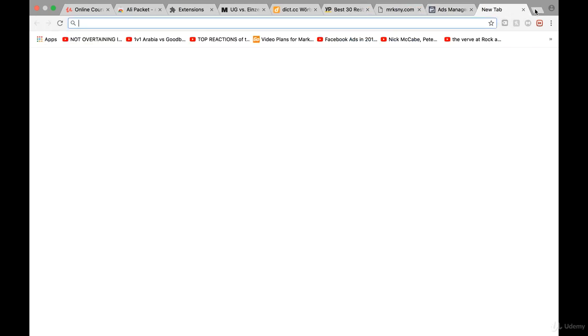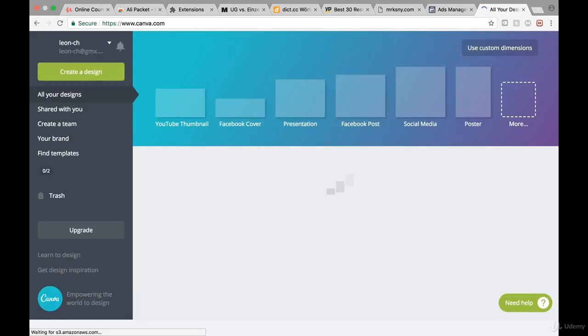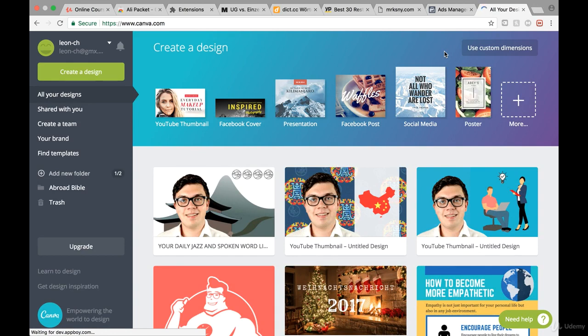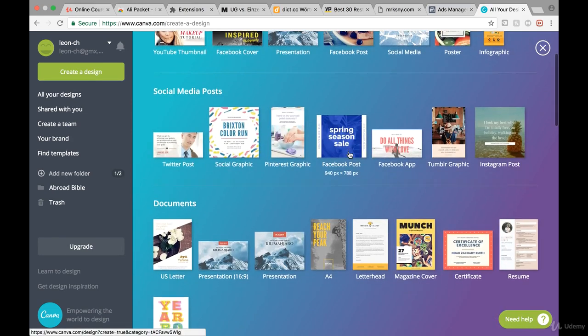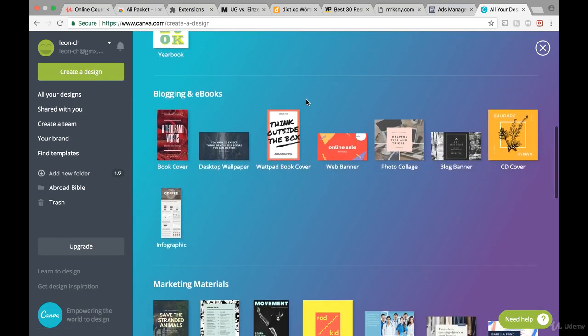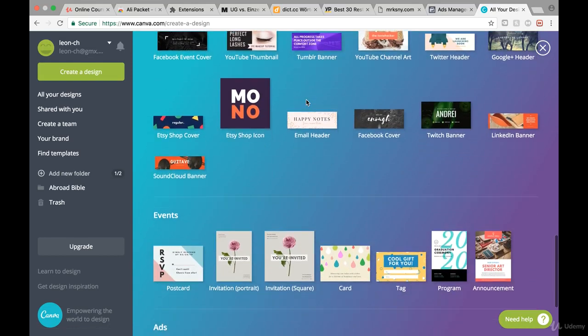So what I'm going to do right now is open canva.com. And I love Canva. Canva is a tool with which you can create, for instance, images for your Facebook ads, or, let's say, for your social media posts, whatever. And I think actually there's a specific Facebook ads image size. But if not, we're just going to use the YouTube thumbnail. I think that should be fine as well.